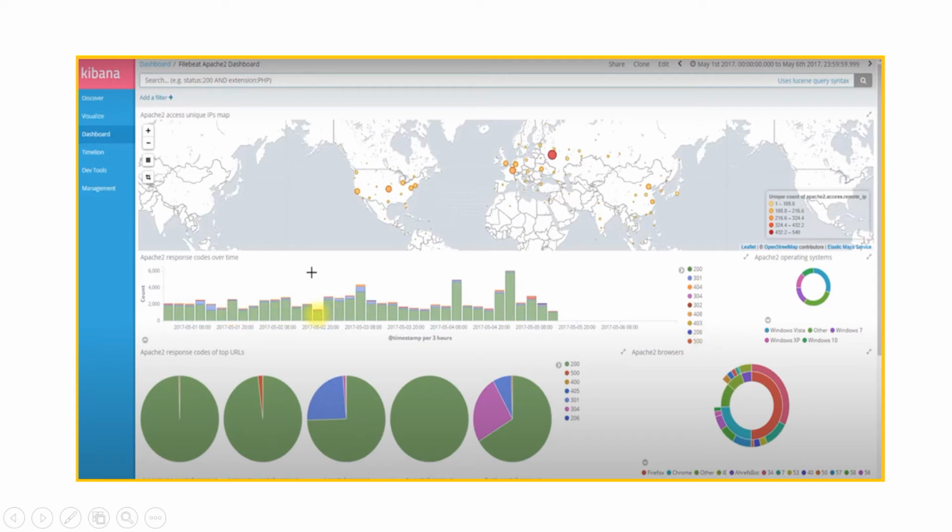So basically it gives very useful information to the user. The user can get a glimpse of the status of the Apache server, and can see daily what the different status codes are.